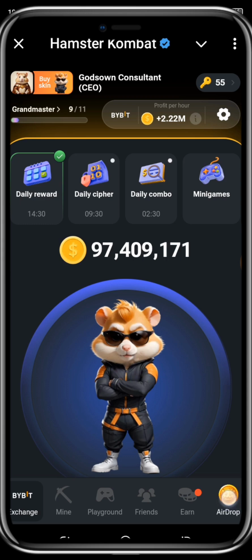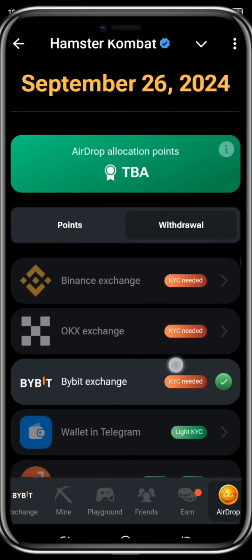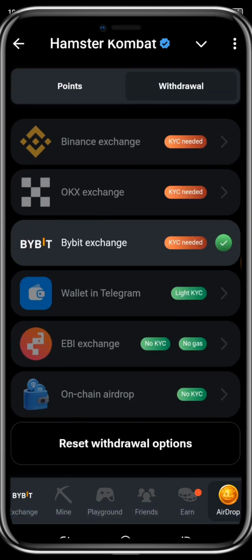See it here. You click on the airdrop. As you can see, scroll down. These are the different types of exchange we can connect to. You can use Binance, OKX, Bybit, then wallet, Telegram wallet. You know that one on EBI, I've not seen that one before. Then on-chain airdrop. The on-chain airdrop is all this Stonekeeper, my Stonekeeper. You understand? Although we've initially connected our Stonekeeper to it before,